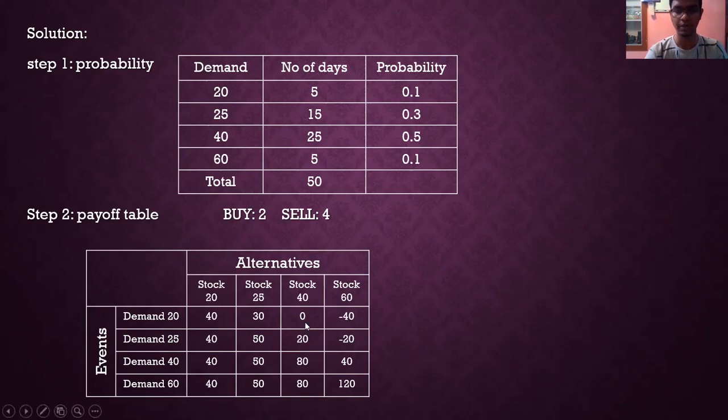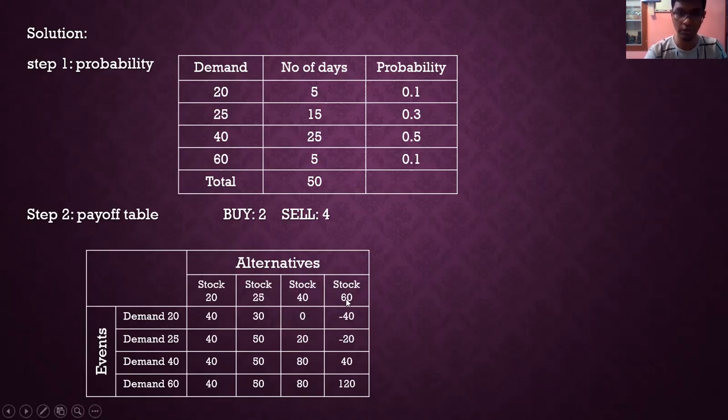So we can subtract here. First we had a 40 profit, right? So 40 profit minus 40 loss, both will be cancelled and settled equally. So we will have 0 here. We don't have any profit. So by selling, we got 40 and we incurred a loss of 40. Now the demand is met and we have covered our loss, so here we don't have any profit. We have a profit of 0. That 0 we are writing here in column 3.